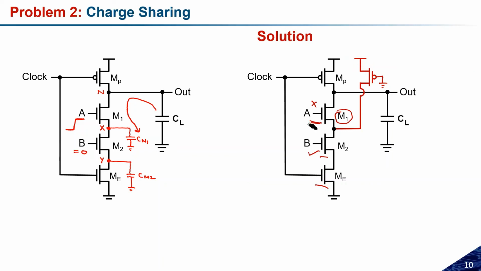Okay, so another thing, to overcome this problem, what we can do is make this keeper the controlled one, which we did in the last solution. Sir, instead of connecting the keeper in this configuration, why can't we connect it the way we connected it in the previous case? In the previous case, we connected it at the dynamic node, right? Okay, because here the important thing is that we need to hold it.